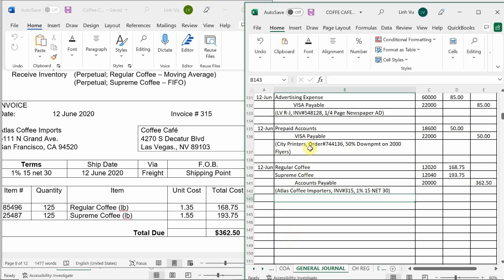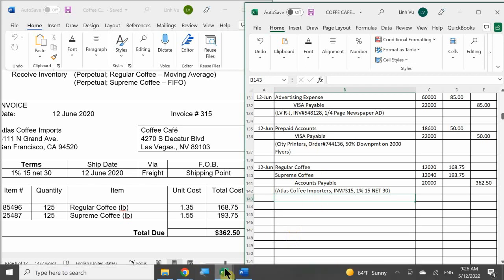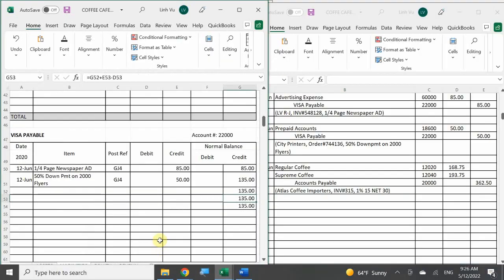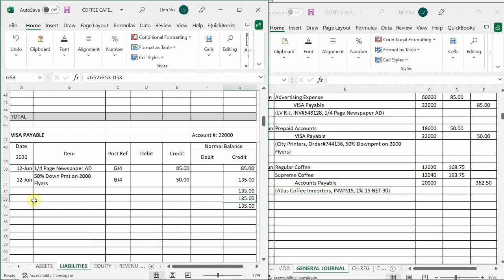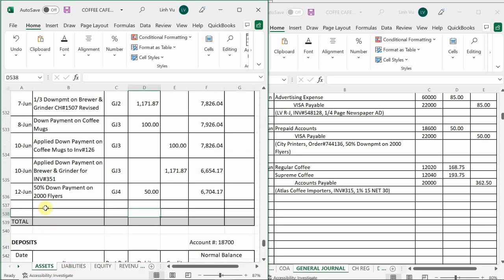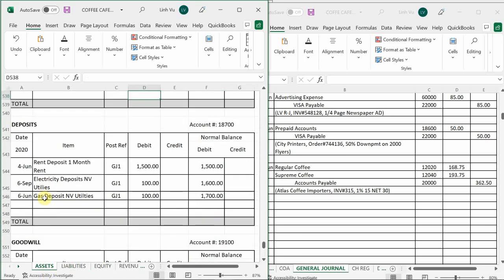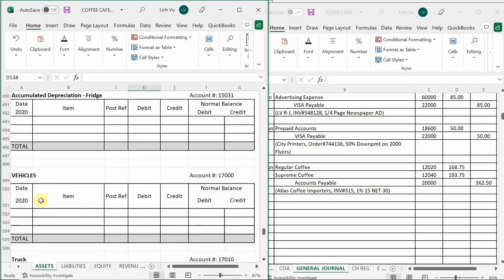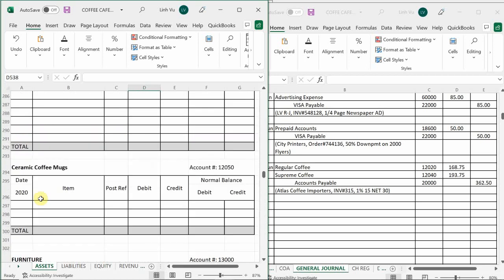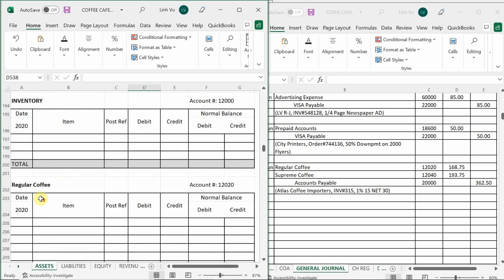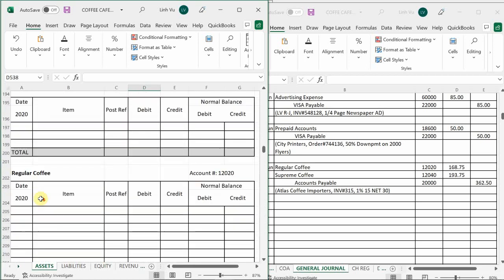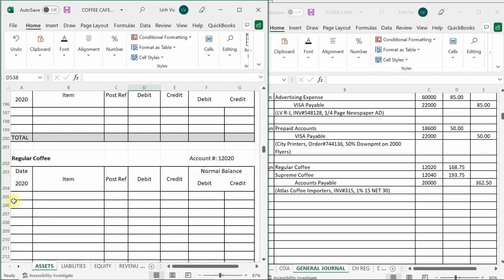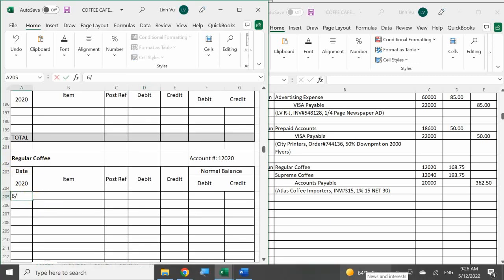Okay, so now we got our journal complete. Let's go ahead and plug our numbers into our ledger. Okay, so we just bought inventory, right? We purchased regular coffee and we purchased supreme coffee. So therefore, I need to locate where my inventory is. In this case, it's the long journal, the long empty lines here. So regular coffee. Okay. Today's the 12th. What did I do? I purchased